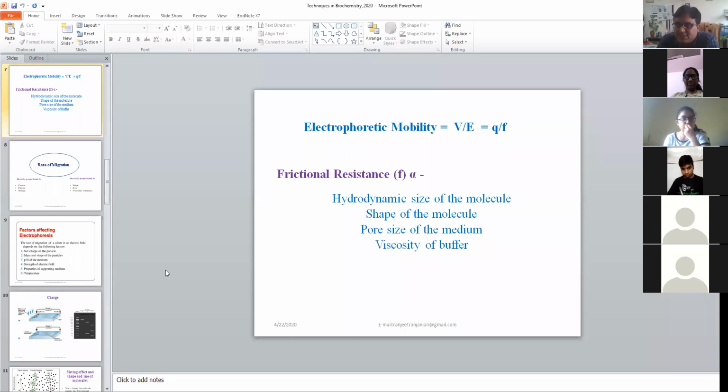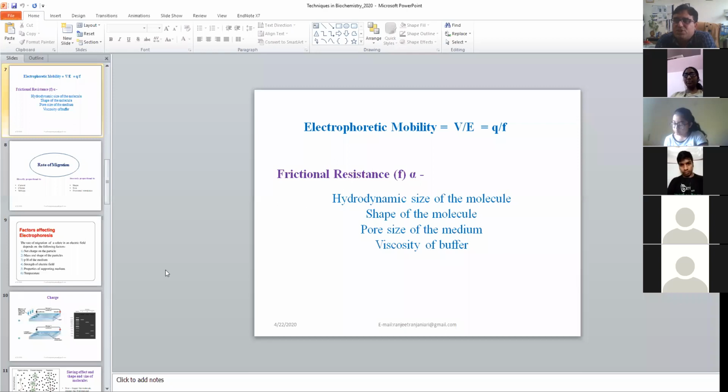So it is because of this reason that when you use an agarose gel and when you use a polyacrylamide gel, the resolution in case of PAGE gel is very high. When you see the band pattern, it will be a very sharp band because there the pore size is uniform. Whereas in case of agarose gel, you will get a band, but when you compare it with the PAGE gel, the resolution will be less, right?